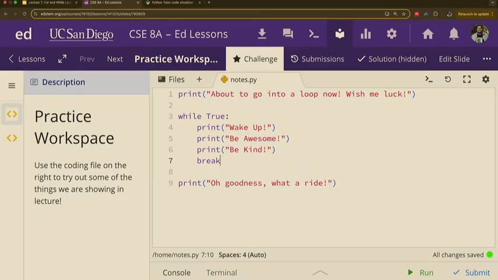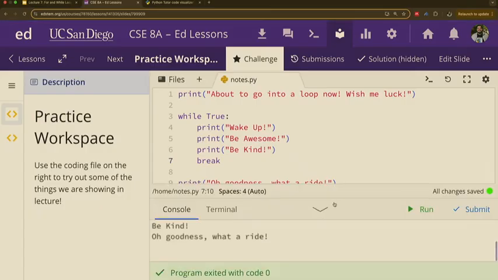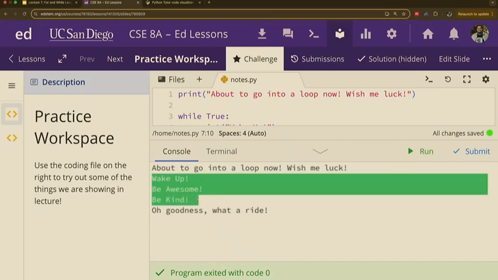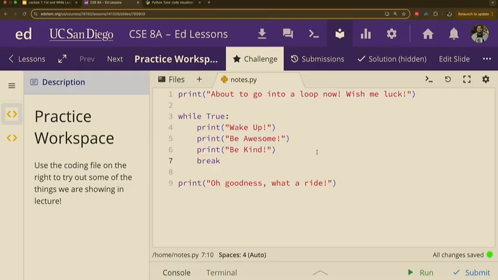I'm in this while loop. I'm going to get out of here immediately. So that means that when we read this code, let's run it. Now we only ever read everything once. Wake up, be awesome, be kind. And then we say, oh goodness, what a ride. Okay? Because it goes into here, the while true. It reads this, it reads this, it reads this, it reads that, and immediately leaves and keeps on reading the rest of the Python program.